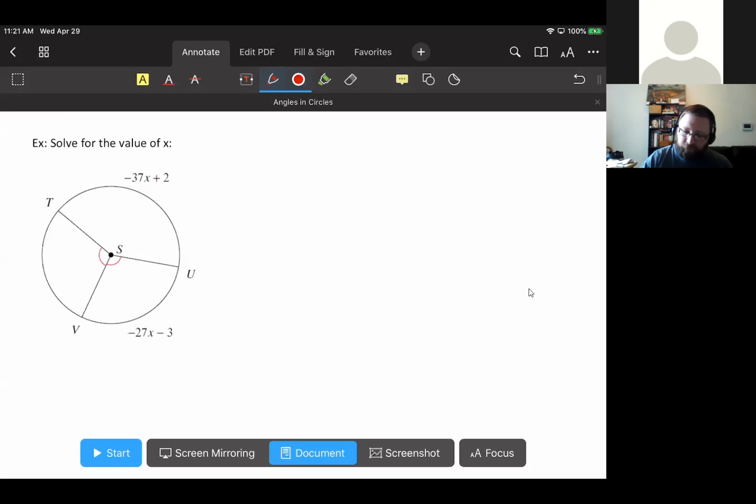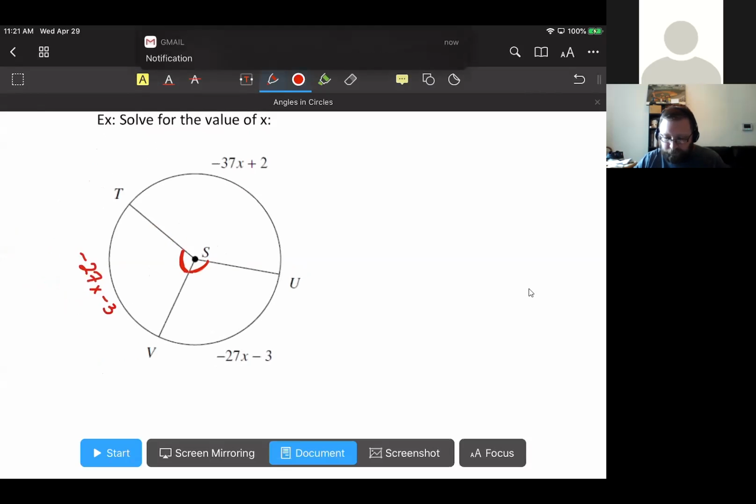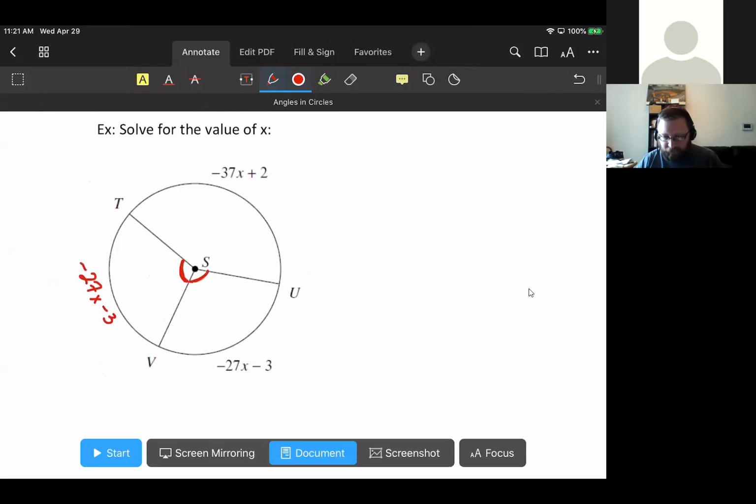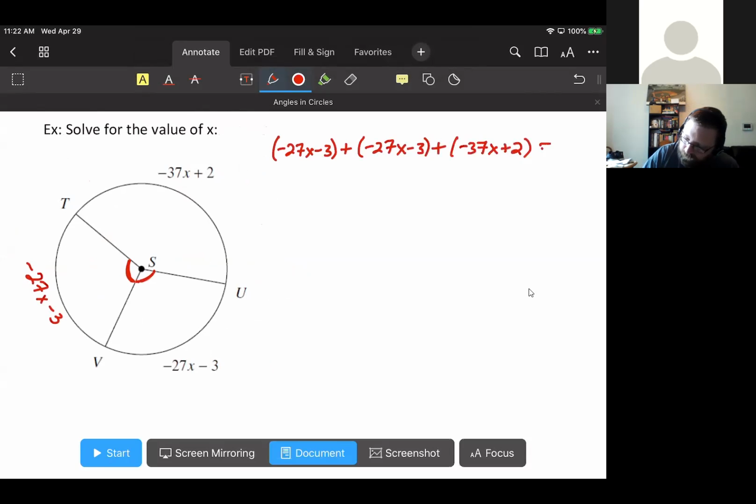If you notice, they've marked these two central angles as being the same. That means that their arcs are also the same. So over here, this arc is also negative 27x minus 3. Didn't mean to zoom in there. So we have those three measurements. Those three measurements together, negative 27x minus 3 plus negative 27x minus 3 plus negative 37x plus 2, have to add up